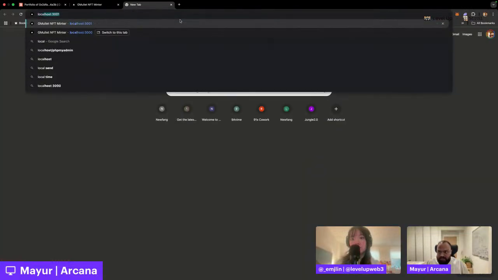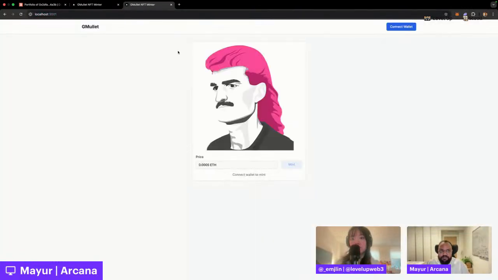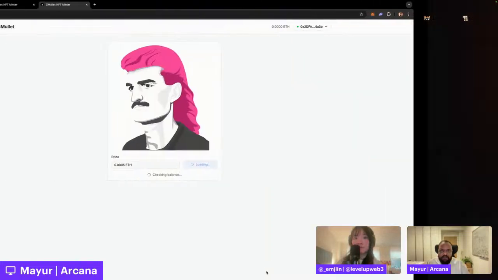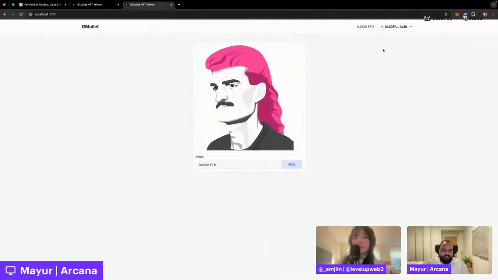If I were to show you guys what that looks like on this other instance that I have running, and I connect my wallet here, it's going to ask me to sign in, a simple signature. And now you can see here it shows me my unified ETH balance for the same account, but now it's spread across different chains. But again, this is chain abstraction. You don't even have to tell the user what chain they're on, in a sense.